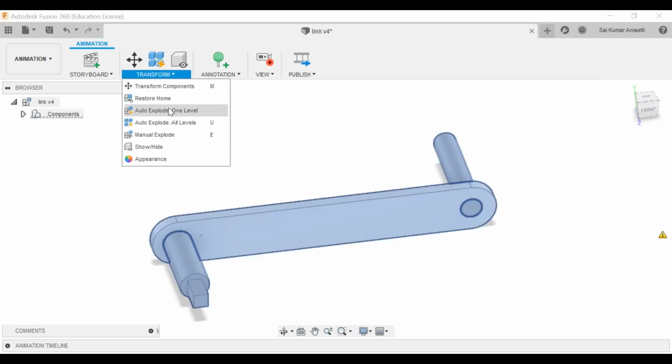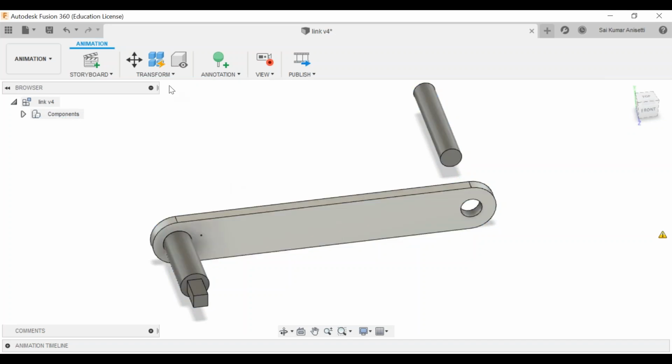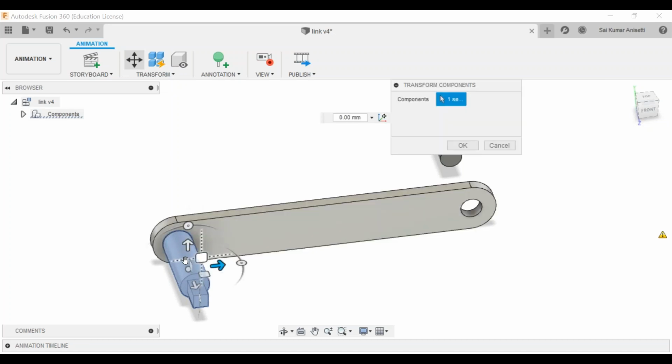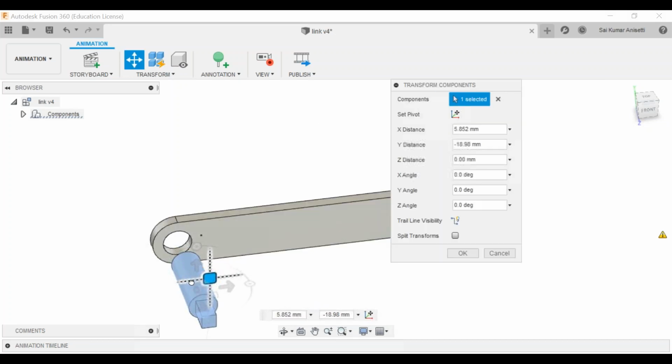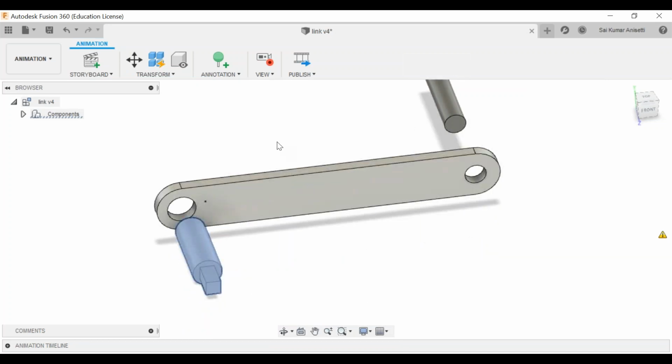I'll select transform, auto explode to one level. See, now it is going to explode. Click OK. Now it is going to separate my components. And let me click this also and move this component to some extent. Just click OK. This is my little exploded view.